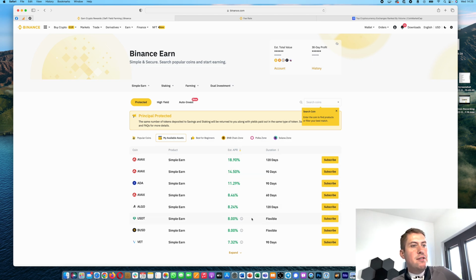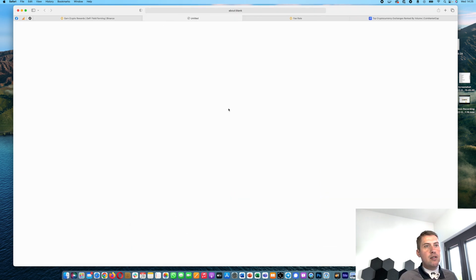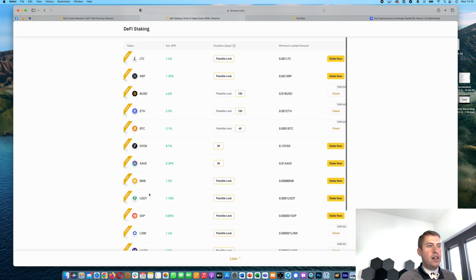And if you deposit USDT, for example, you would get 8%, and it's even flexible, so you can access your USDT at every point and get it back. So here you would have to wait for the 90 days or the 120 days to be over. You have no chance of getting access to your cryptocurrencies during that 120 days. So you always have to wait until the period is over. And as I said, flexible, you can access your money anytime. There's also some options like DeFi staking, for example, that you can see here, and so on. You can see the percentages here,